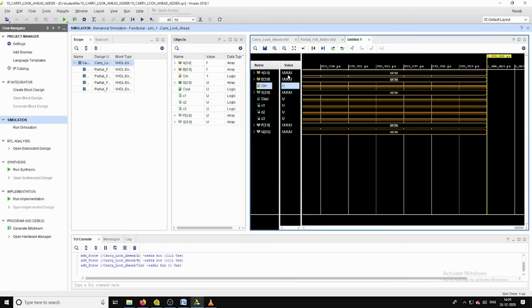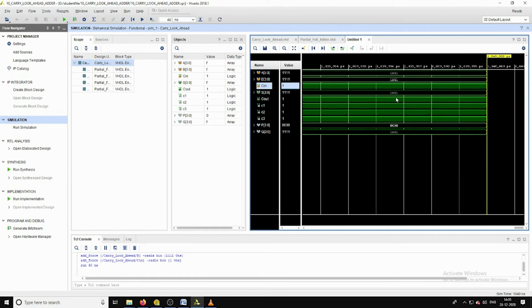Nothing but now I am assigning 4 ones for the A, 4 ones for B, and carry in is also 1. What will happen when we add these 2 primary inputs as well as the carry? Let us verify its sum as well as the final carry out signal.